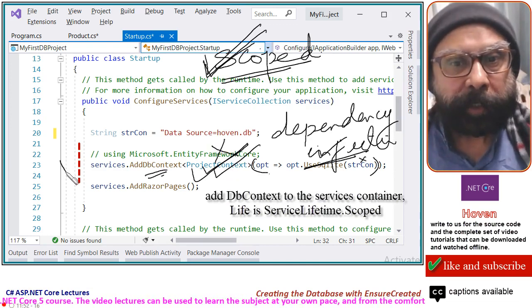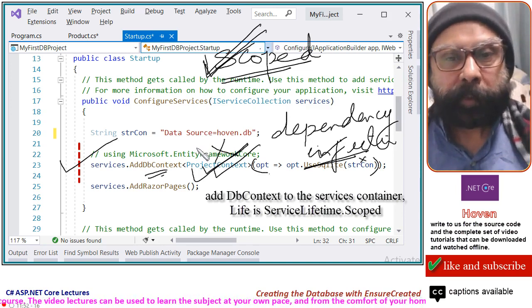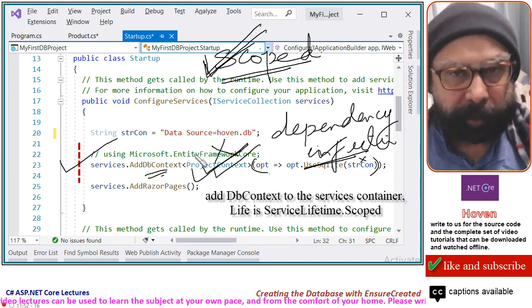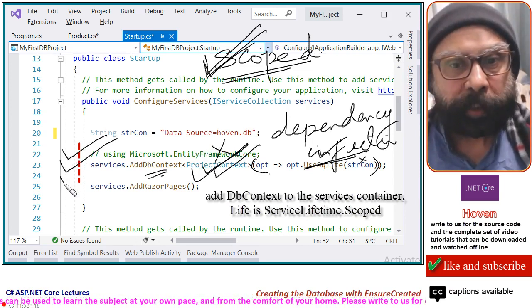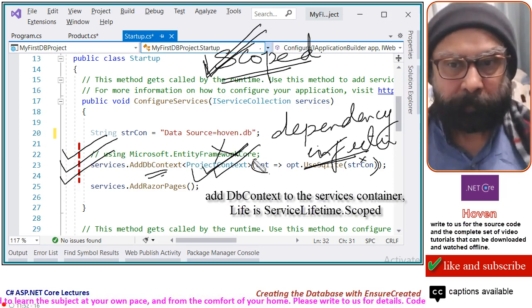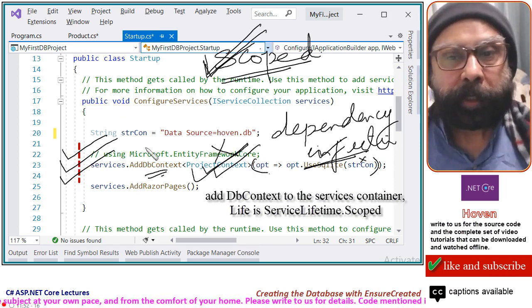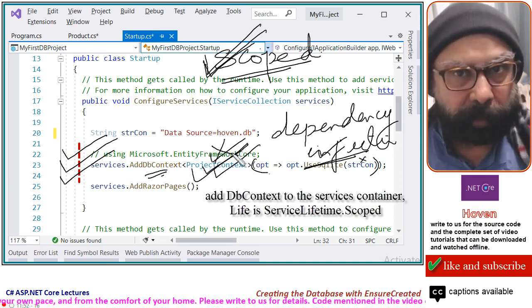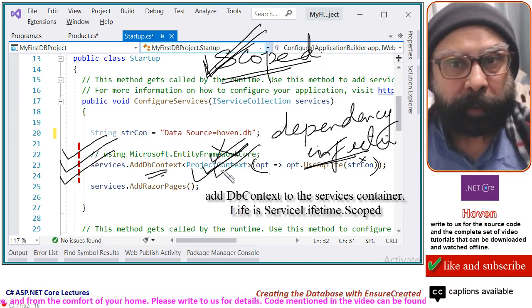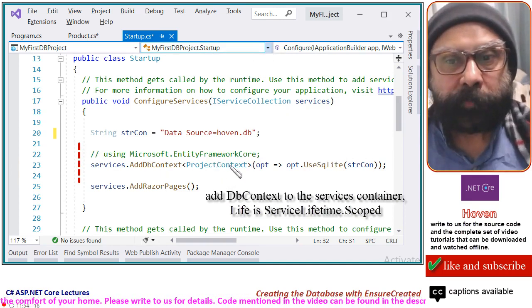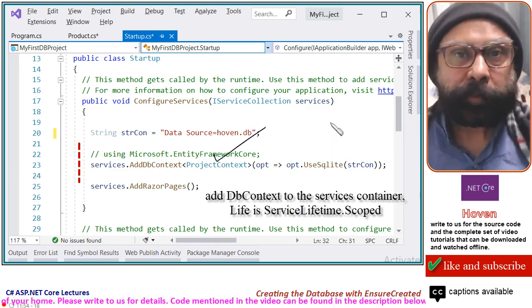So this is a very good thing, and it will prevent the idling of database connections. We do not have to create this project context ourselves. It is left to ASP.NET Core to always create a project context for us on demand.